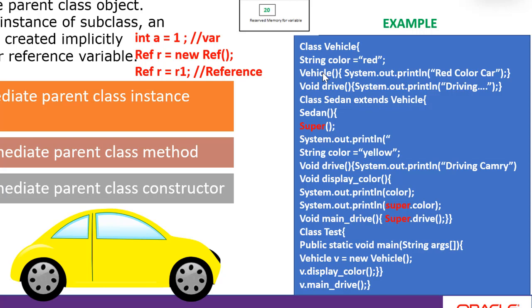We need to have an initial point. That initial point is created by a constructor, a special kind of method which is named on the class. So that particular constructor method creates an instance implicitly of that class, and from there the application or the Java program is initiated. So we have the class Vehicle, and we have created a constructor by making a method,